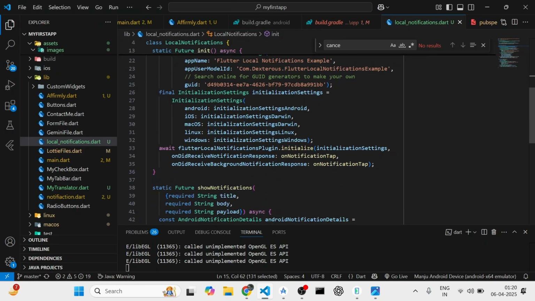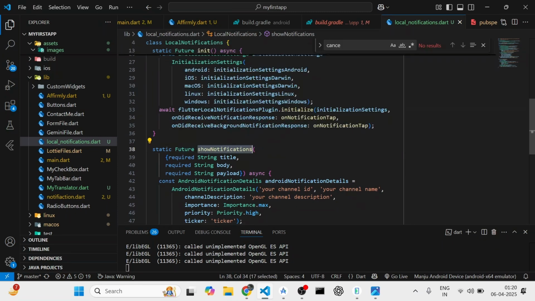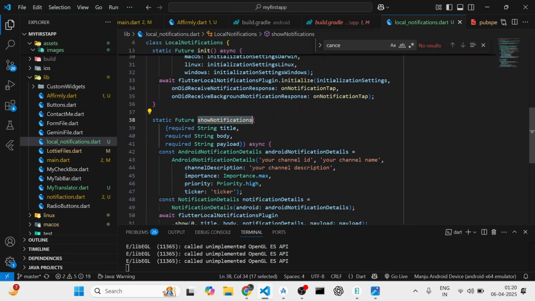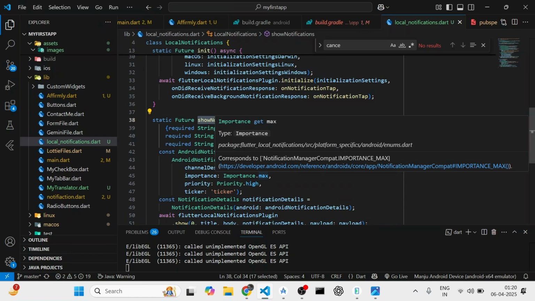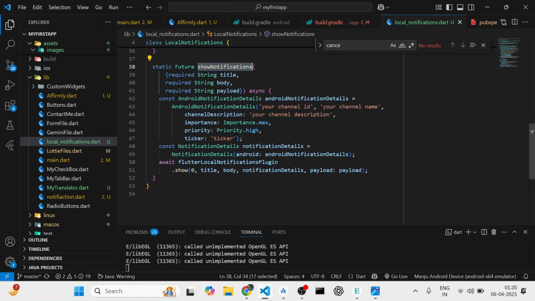Once you have initialized all these notifications, I have created another method named showNotifications. Inside showNotifications, I will be specifying the channel ID, the channel description, the importance of the notification, and there is this method, await flutterLocalNotificationsPlugin.show. Instead of .show, you can also use .periodicallyShow, or you can set a time zone, but